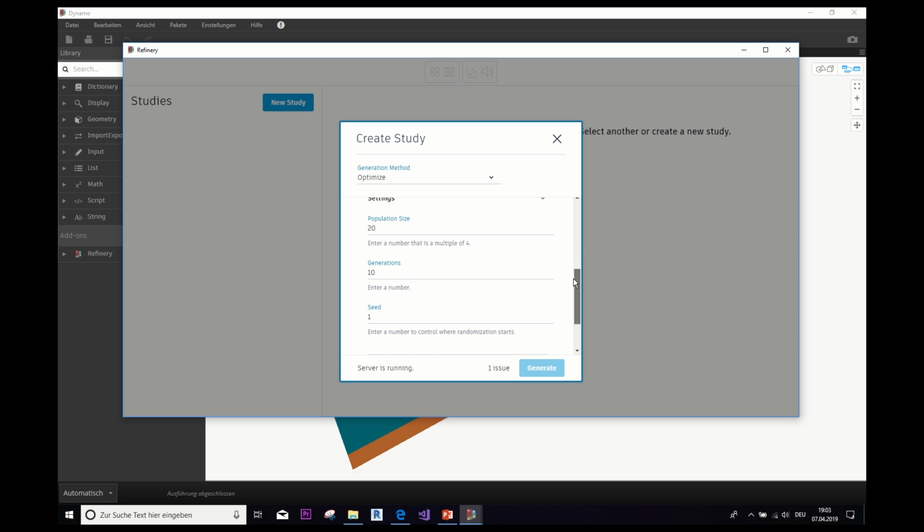So here in the settings, this is what you can play with. What we do in generative design is we create a bunch of different designs randomly at first and evaluate those. Based on their performance, the best ones are going to be evolved. Whichever design scored best is going to be taken into consideration for the next generation and developed further to gain even better results. This is how, generation after generation, we're able to reach better results and ultimately find the best design solution